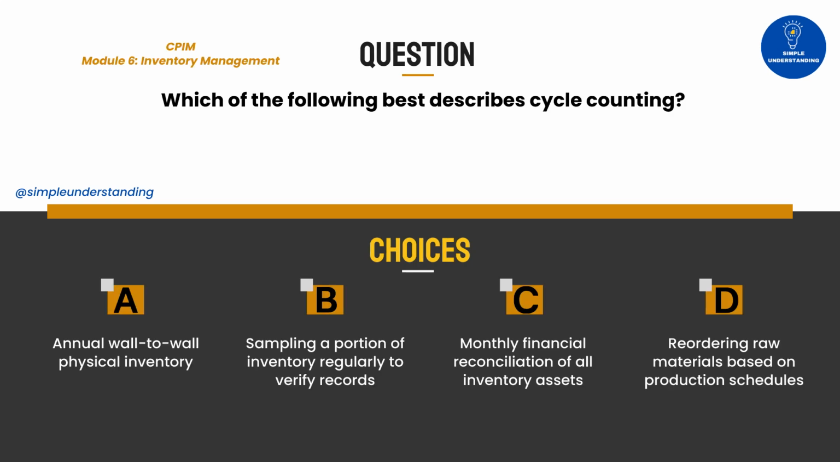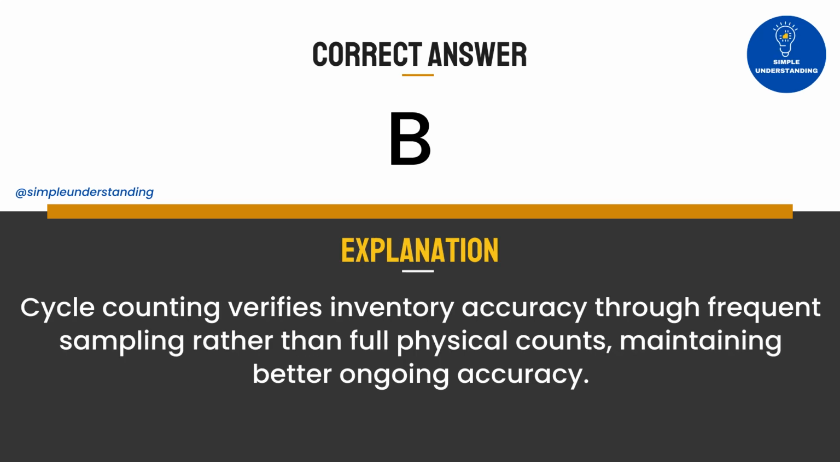Question 8. Which of the following best describes cycle counting? A. Annual wall-to-wall physical inventory. B. Sampling a portion of inventory regularly to verify records. C. Monthly financial reconciliation of all inventory assets. D. Reordering raw materials based on production schedules. Correct answer: B. Explanation: Cycle counting verifies inventory accuracy through frequent sampling rather than full physical counts, maintaining better ongoing